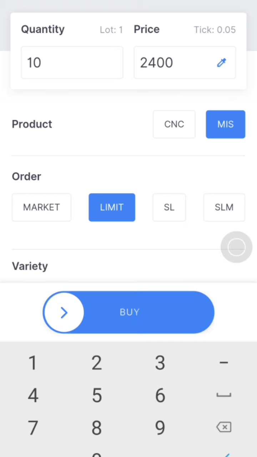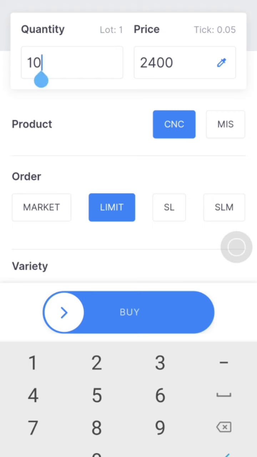So these are the basic things while you are doing any intraday trade. We did everything on MIS. MIS means intraday, the trade will happen the same day. Now let's talk about CNC. CNC means cash and carry. When you are buying a share and keeping it for the long term, for delivery, you can keep it for 1 year, 2 years, 3 years, any number of years, and you can exit anytime. That's called CNC.